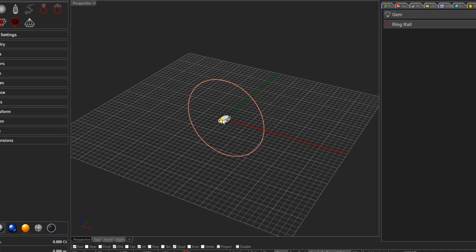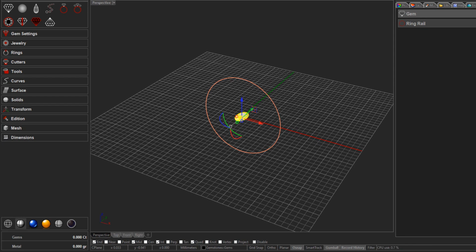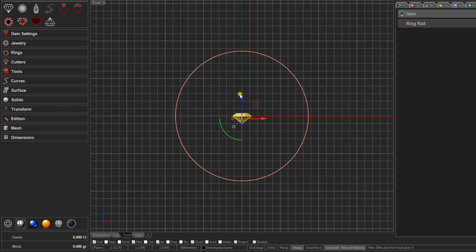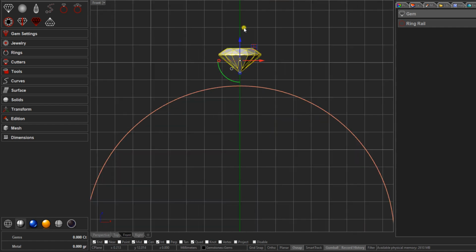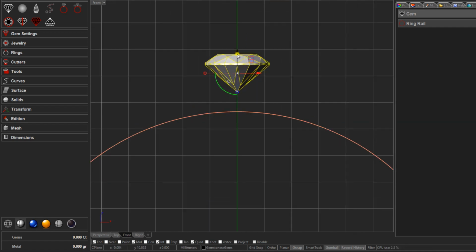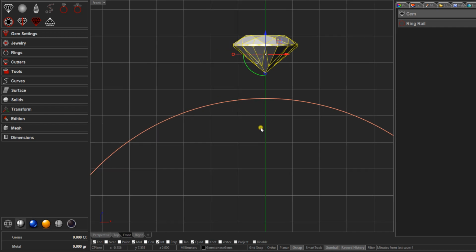Now let's select that stone and we'll drag it up above the ring rail. It's easiest to probably do this in the front view, so down the tabs at the bottom of your screen, just click the front viewport and drag that up so that it's sitting maybe 2.5mm or so above your ring rail. You can adjust this later, so there's no need to get this exactly right for the moment. Let's come back to our perspective view,